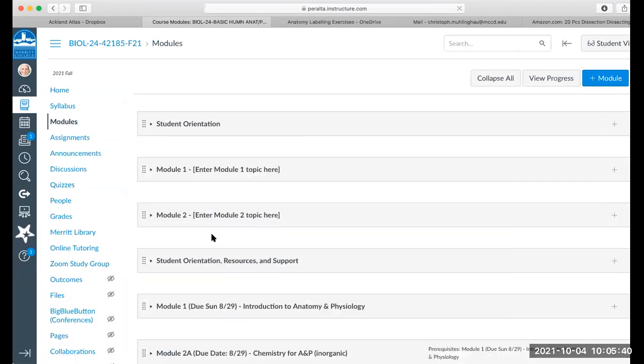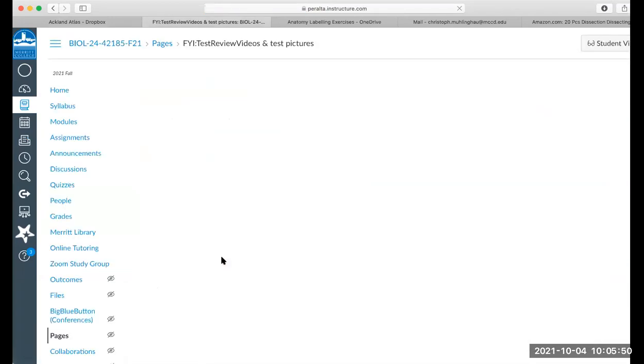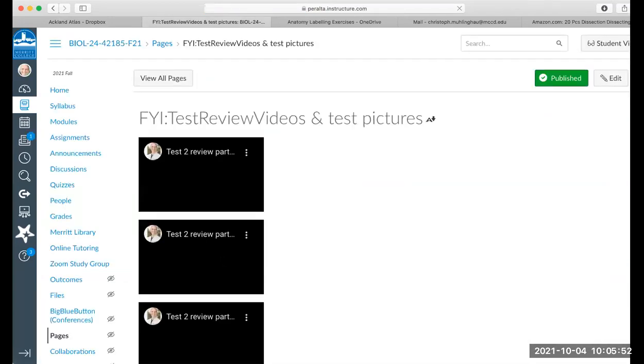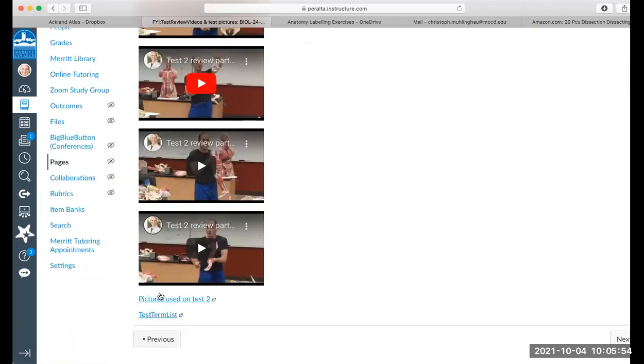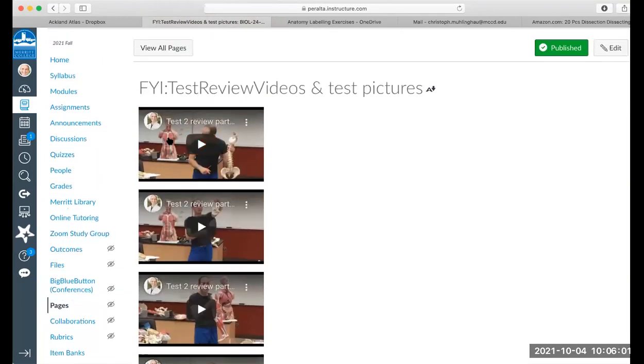Come on. Everything slows down when we're on Zoom. So here under module test 2 review, you have the FYI review videos and pictures. And in there, I'm going to put that link as well, so you can just click on it. Like on the bottom here somewhere, I'm going to put a cadaver video link or something. Also, some people find these useful to listen to or watch and just get the material presented sort of fast,